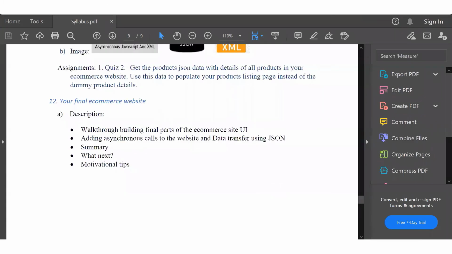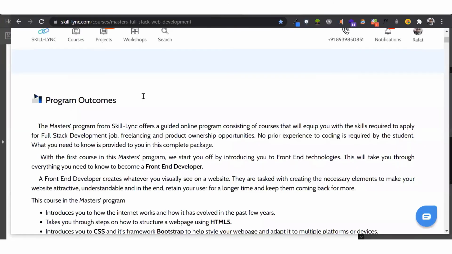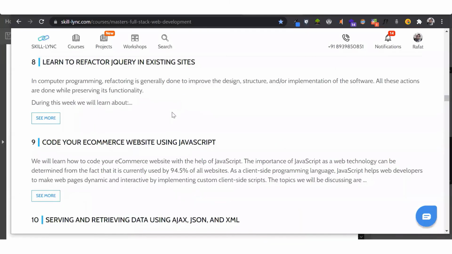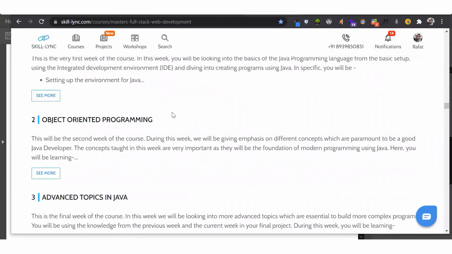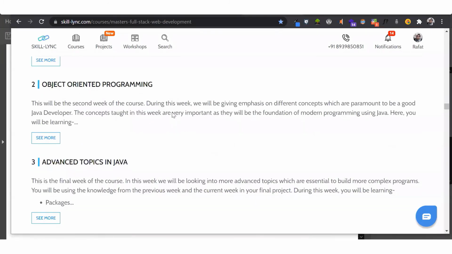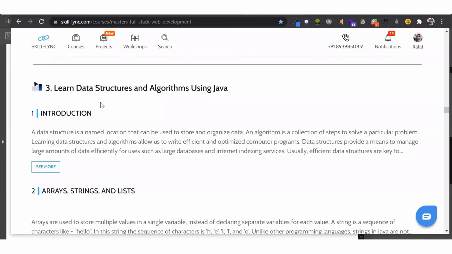To check the master's program link, I could also introduce the remaining courses for you. You could begin with learning front-end development, and then once you understand everything about front-end development, you could learn another programming language of the backend. Let's say we have taken Java because it's a very strong programming language, with object-oriented programming concepts, which are extremely essential for a full-stack developer. Okay, so this is something which we teach in the Java programming language.